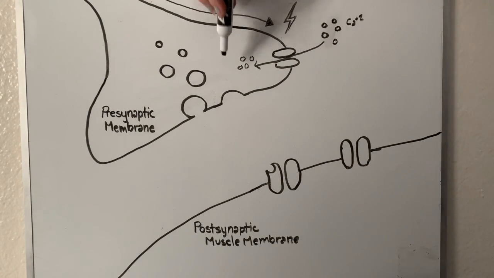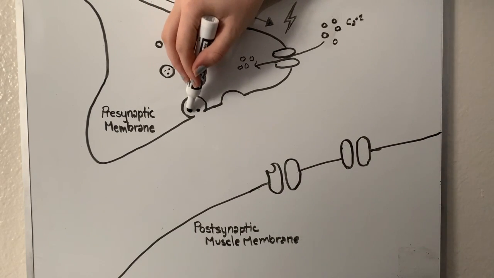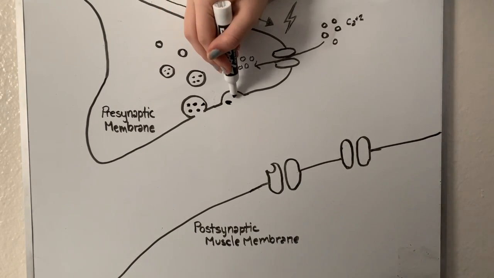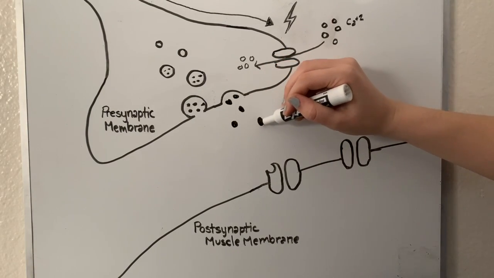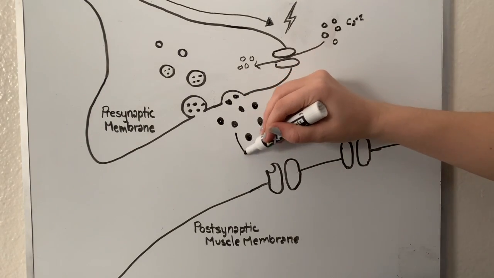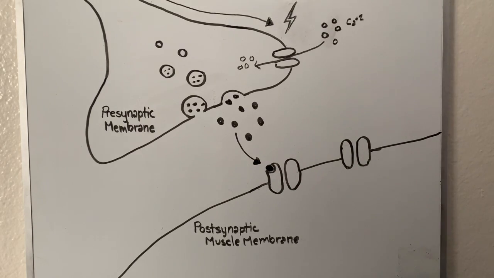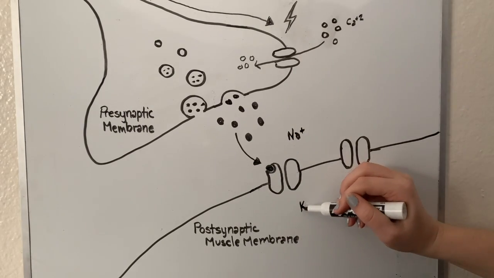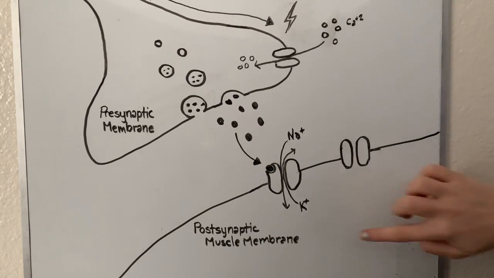Calcium influx occurs through these channels, and these ions trigger exocytosis of vesicles containing acetylcholine. Acetylcholine diffuses quickly across the cleft to bind to nicotinic cholinergic receptors on the postsynaptic muscle membrane. These nicotinic cholinergic receptors are mixed cation channels. The magnitude of the EPP is dependent on the number of nicotinic cholinergic receptors activated by acetylcholine.